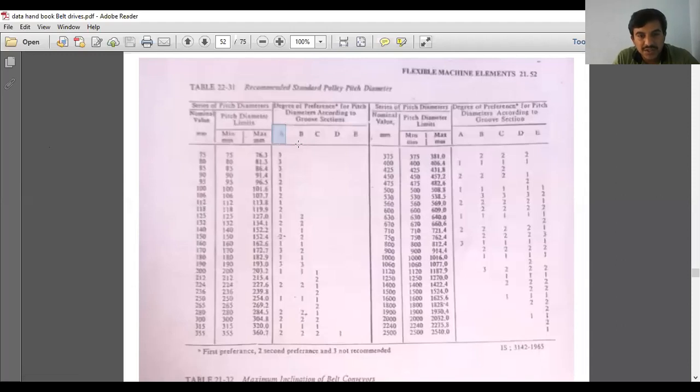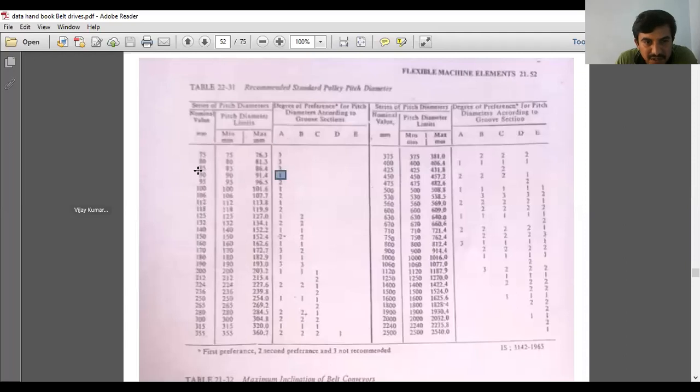Once you select the cross section of the belt, you take it here. The 1 stands for first preference, 2 for second preference, 3 for third preference. For example, if the cross section of the belt is A, you go for the first preference, where you will get 1 as the first preference.